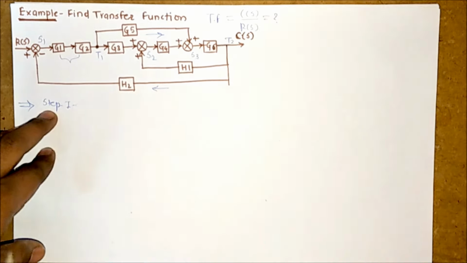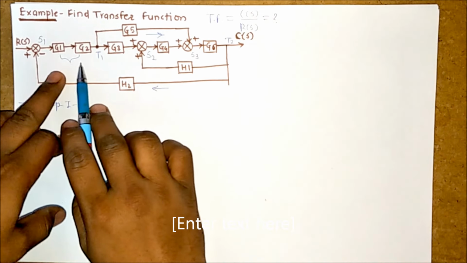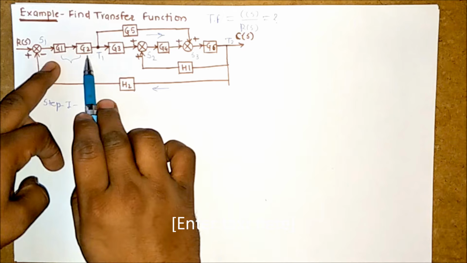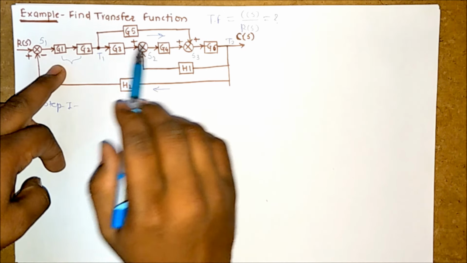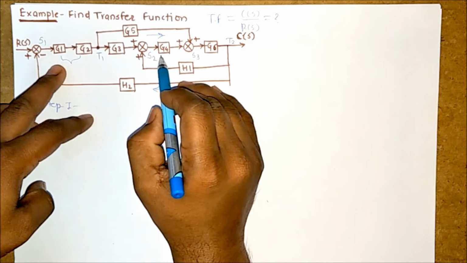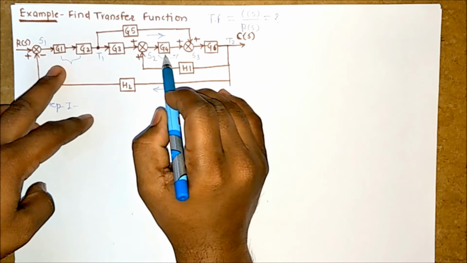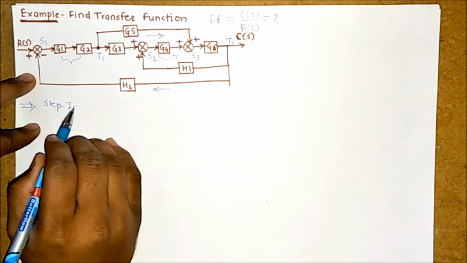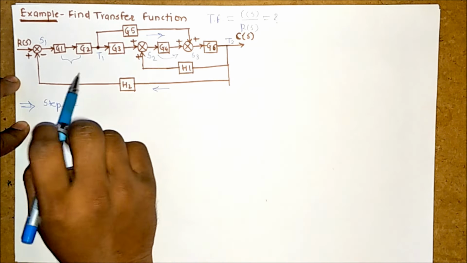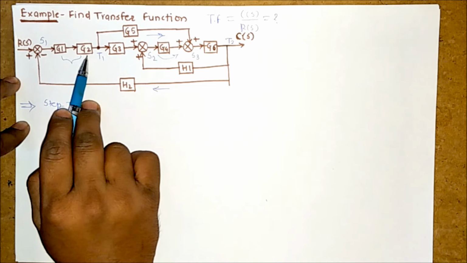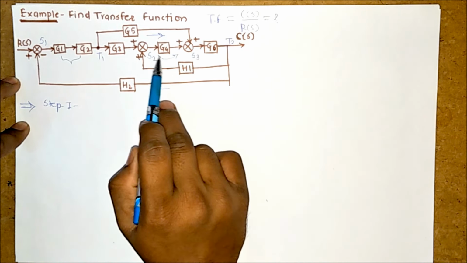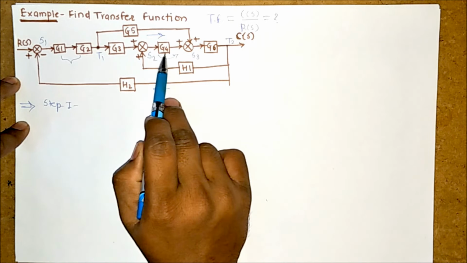to the right side. If you look at the block diagram carefully, you can observe here G1 and G2 are in series and we are trying to shift this summing point S2 to the right side of the G2. So let us say in a single step I am going to apply two rules, that is G1 and G2 are in series, and simultaneously I am trying to shift this summing point S2 to the right side of the G4.